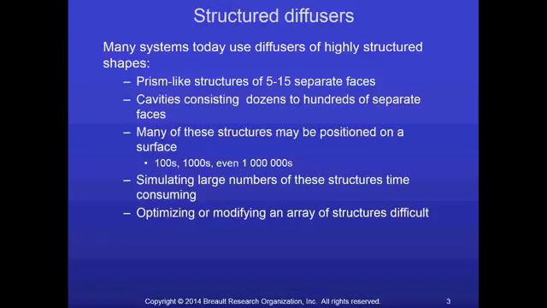And so when we talk about these structured diffusers, the diffusers today have very highly structured shapes. They may be prismatic type devices that may have anywhere between 5 and 15 separate faces that make up each of those individual prisms, and some of those faces may have AR coatings or roughness or scatter applied to them. Others may not. You also could have a cavity structure that consists of possibly hundreds of separate faces. And then you need to have a lot of those structures positioned over this total surface, maybe hundreds, maybe thousands,